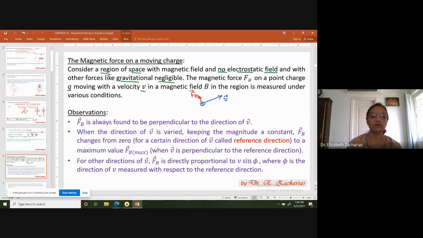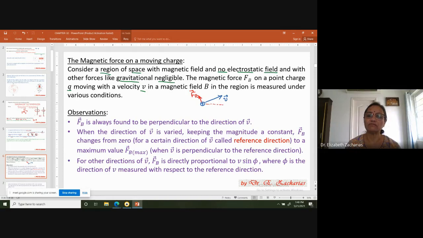Okay. Then the next thing that you do is keep the speed the same and only change the direction of the velocity. When you change the direction of the velocity, every time you're finding that the magnetic force is perpendicular to the velocity. Okay. But then what is happening is that for a certain direction